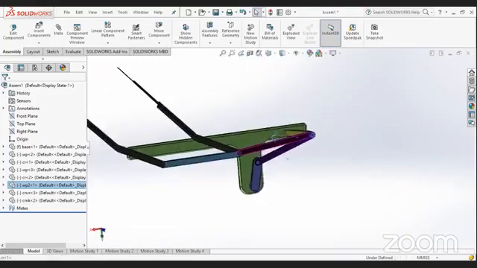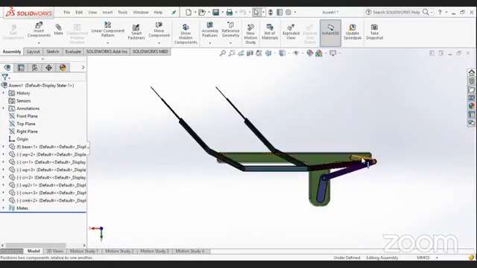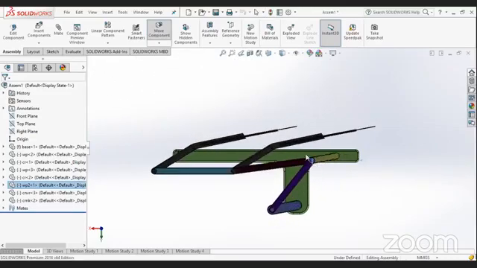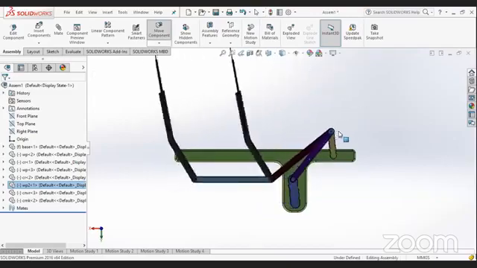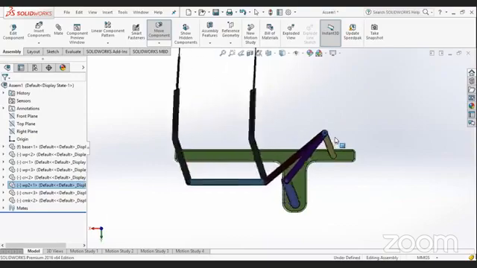You can clearly see over here that we are obtaining the oscillatory motion. See, this is rotating, and the two wipers over here have an oscillatory motion. They are oscillating about their position rather than having a complete rotation.